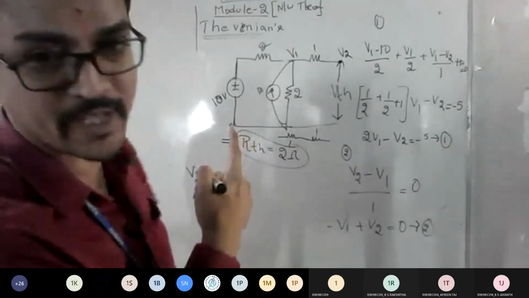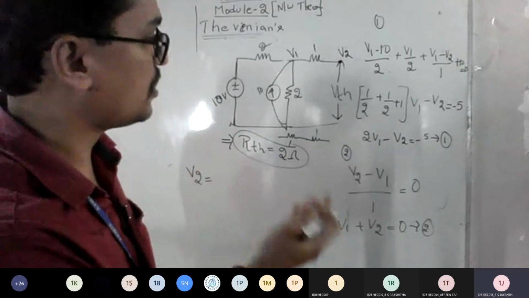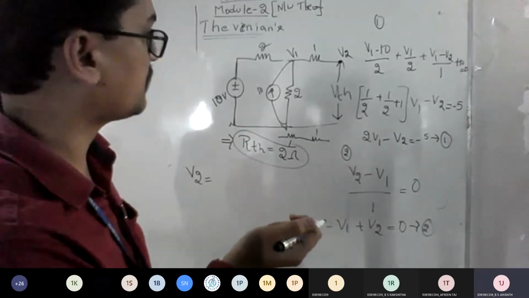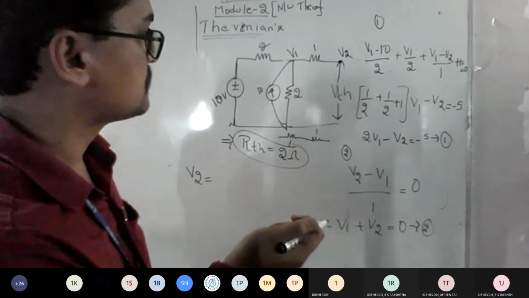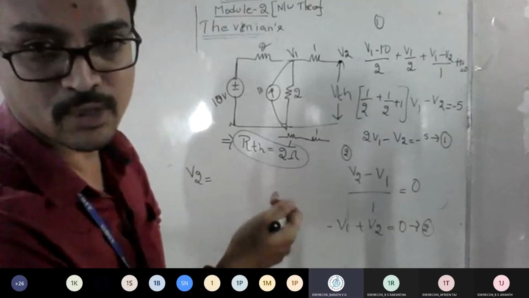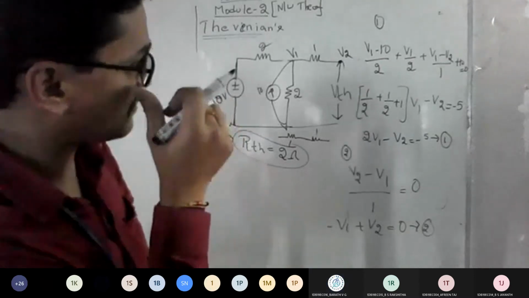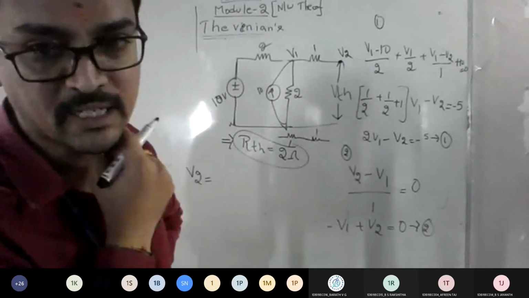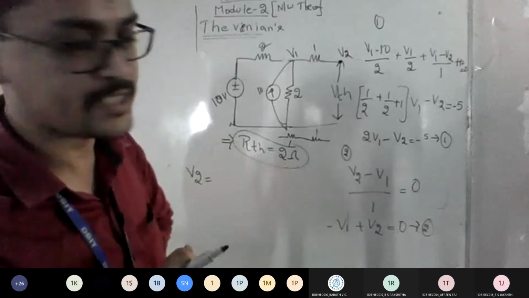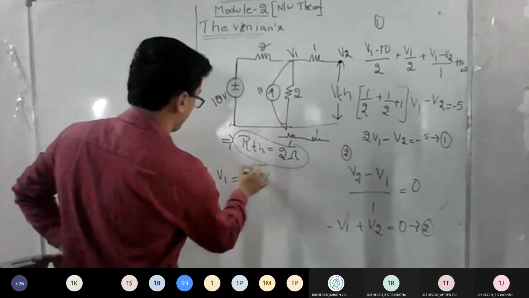Since you got 1 ohm there, it is equalized. Even if it is other than 1 ohm, it is equal to 0 only. So minus 5 volts, you got minus 5. V1 and V2 both are minus 5, sir. If you are able to prove it like this, then you can claim V1 and V2 are the same. It means no drop is happening. Yes, sir, we have to prove it, then we can conclude. Is it fine? You got V1 and V2 both the same as minus 5.